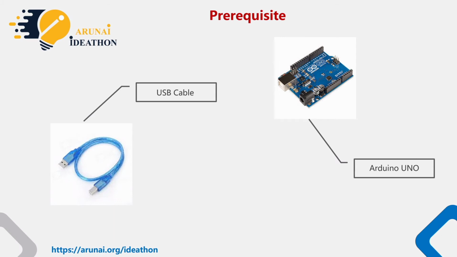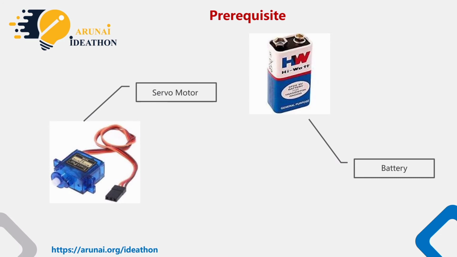And here comes the USB cable, which is used to power and program your favorite Arduino board. It is detachable from the board, and it is sometimes called a printer USB cable. And next is a battery. Battery is used to power your Arduino board, and we have a servo motor. You can connect a small servo motor directly to an Arduino in order to control the shaft position very precisely. For example, to control the position of objects, like rotate objects, move legs, arms or hands of a robot, and so on and so forth.